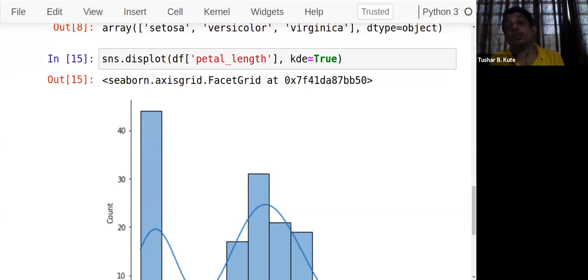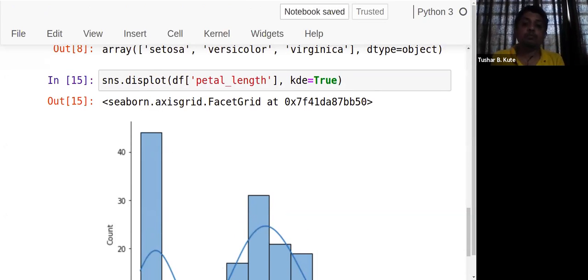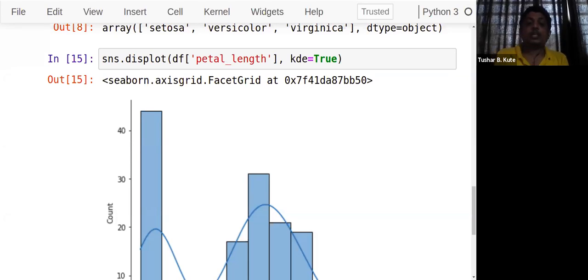Now let's see the first plot, that is called a joint plot. A joint plot creates a multi-panel figure that projects the bivariate relationship between two variables and also the univariate distribution on the axis of each variable. It means think of a combination of histogram and scatter plot. Histogram is used for univariate and scatter plot is for bivariate distribution. So to allow that, we will make use of a joint plot.